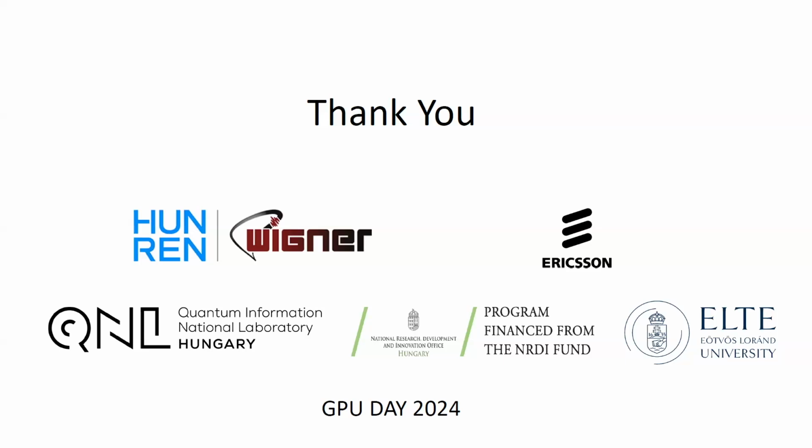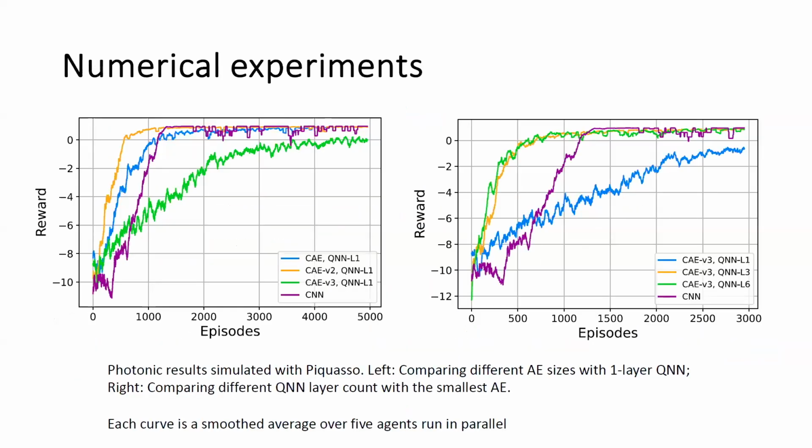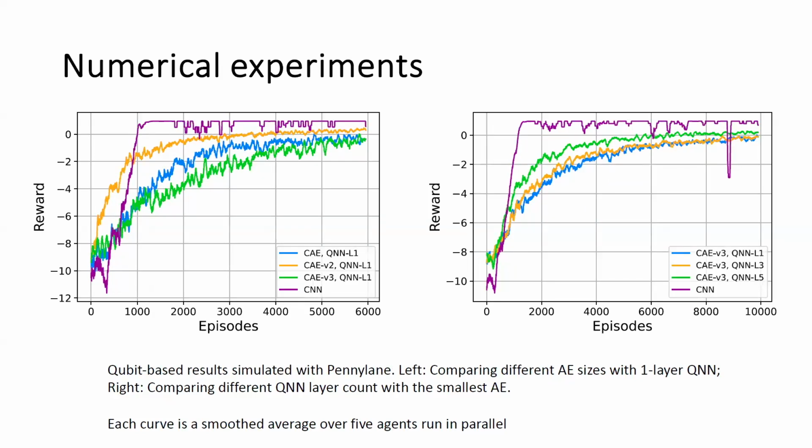Can you say a little bit more again? Maybe I missed it when you explained the different colors and the left-right plots. And are those all for, yes, for the maze experiments? Qubit-based or photonic-based? We can start with the qubits, and then if we have time, we go to the photon. So for example, here, what's the difference between the left and right plot?